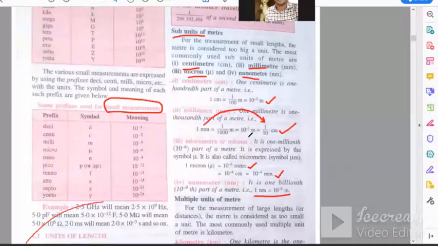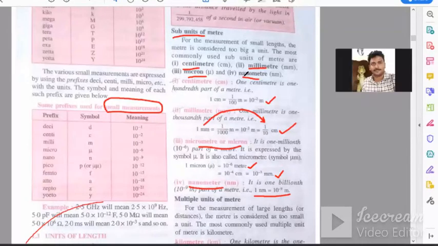Okay, right now this is only for your information that micron or micrometer, it is used for measuring what? Length. Okay, nanometer, it is used for measuring what? Length. Okay, so to have a little bit of understanding about the units, I am explaining this to you all, because in the exam they can ask you that micron is used for measuring what? Time, mass or length, and then you have to remember that micron is for length.